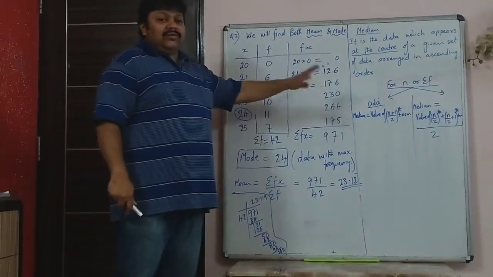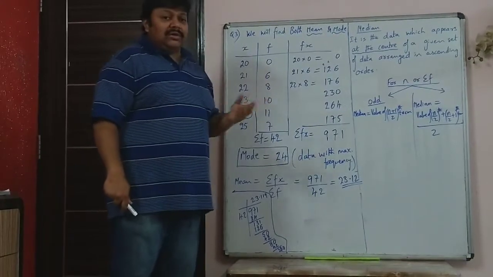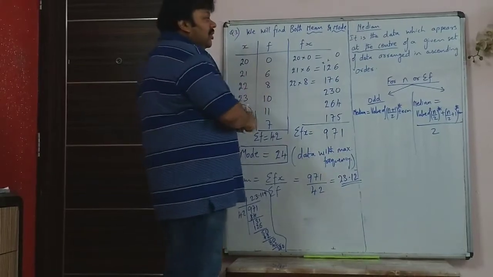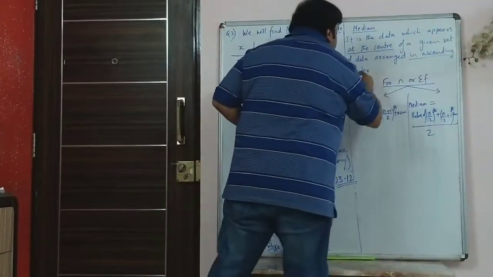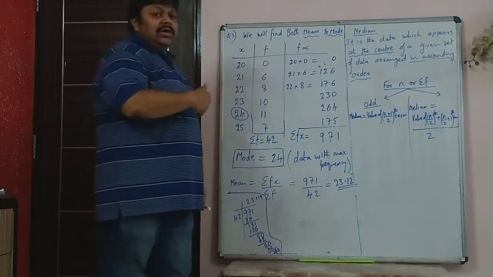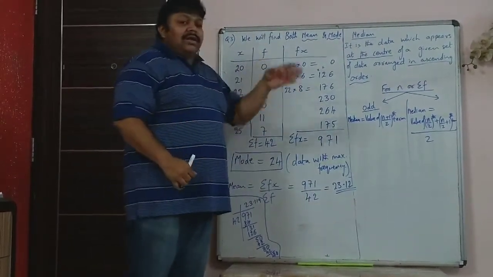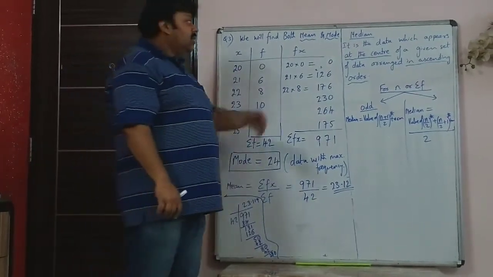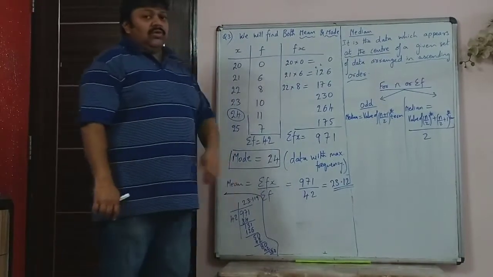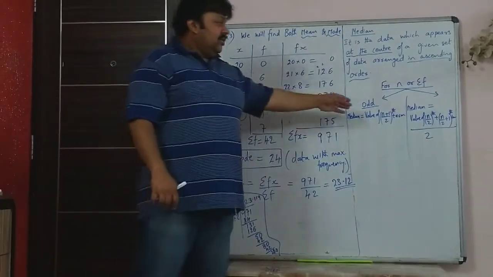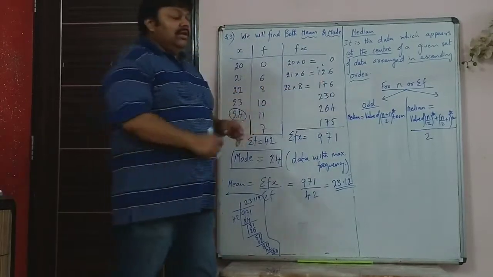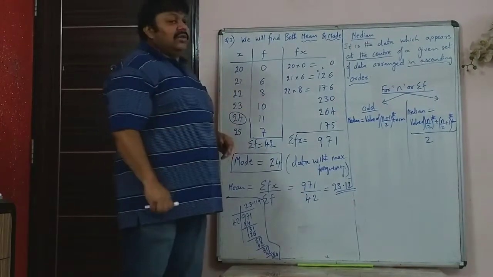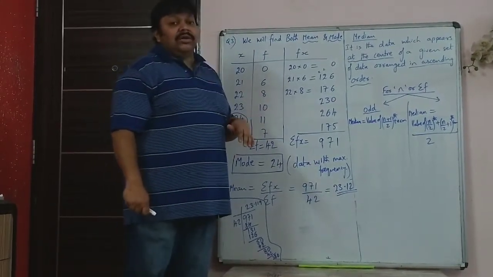So we will just recollect first what you had learned in 9th standard, the two formulae for median. Median is what? First of all, you have to arrange the data in ascending order. And once you arrange the data in ascending order, the data that happens at the center is the median. So you have two different formulae. One is if n is the total number of data, or sigma f, is an odd number or an even number.